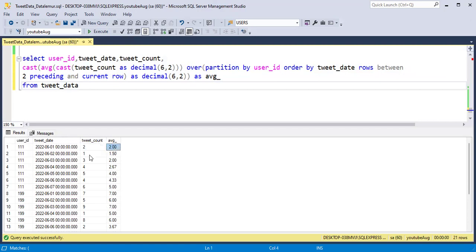On day 2, the window is from day 1 to day 2. So the rolling average is calculated from the two rows: 2 plus 1, 3, and 3 divided by 2 equals 1.50. On day 3, the window includes the current day and the previous 2 days: day 1, day 2 and day 3. And the rolling sum is 2 plus 1 plus 3 equals 6 and the average is 6 divided by